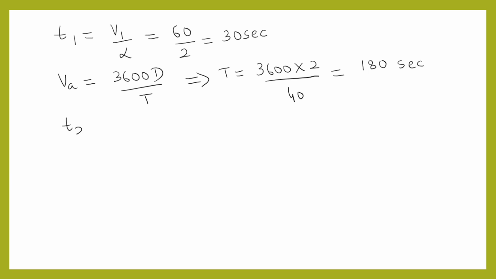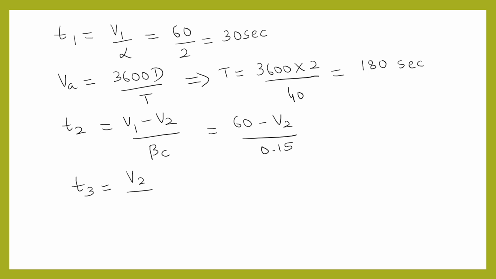So we have the time for coasting T2 equal to V1 minus V2 by beta c. So that is equal to 60 minus V2 by 0.15. And we have time for braking T3 equal to V2 by beta, that is equal to V2 by 3. And the actual time of run T is equal to T1 plus T2 plus T3. So we have it as 180 equal to 30 plus 60 minus V2 by 0.15 plus V2 by 3. So solving this, we get the speed at the end of coasting period V2 as